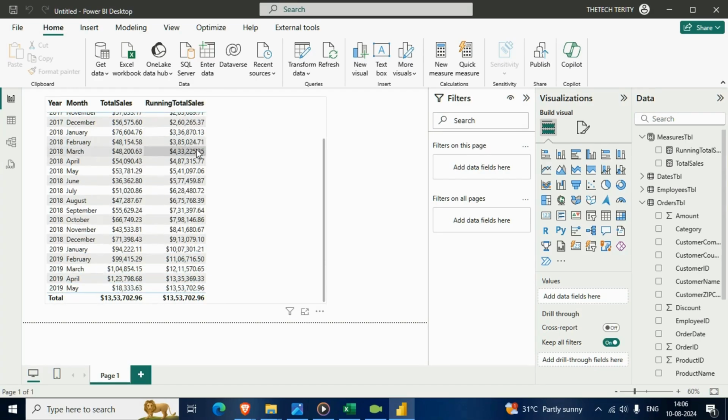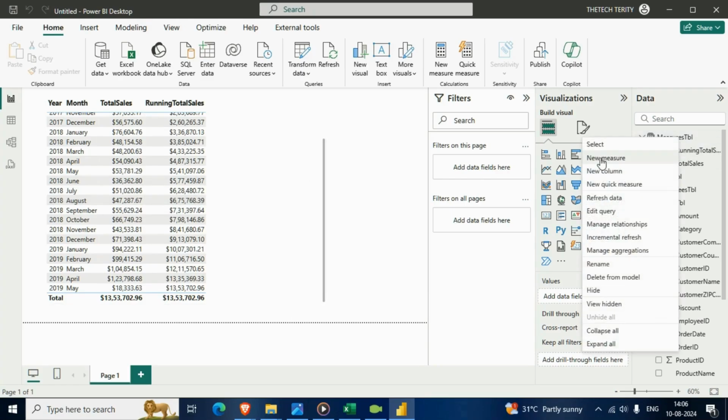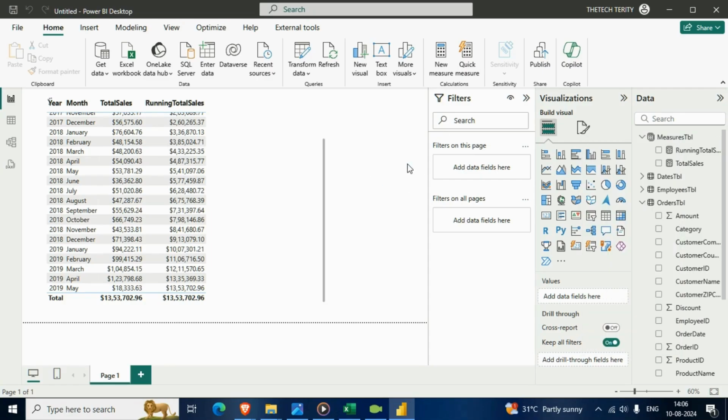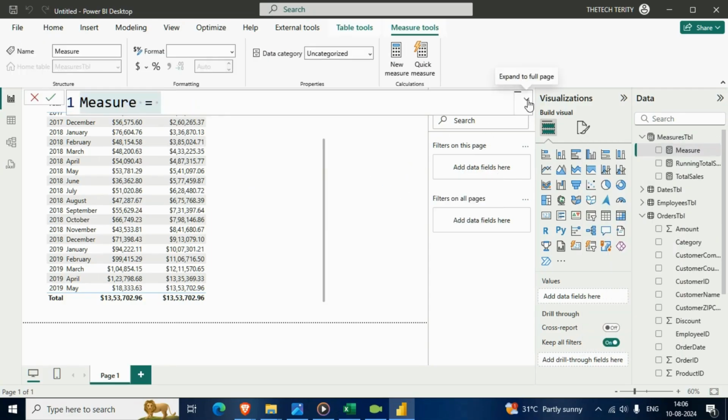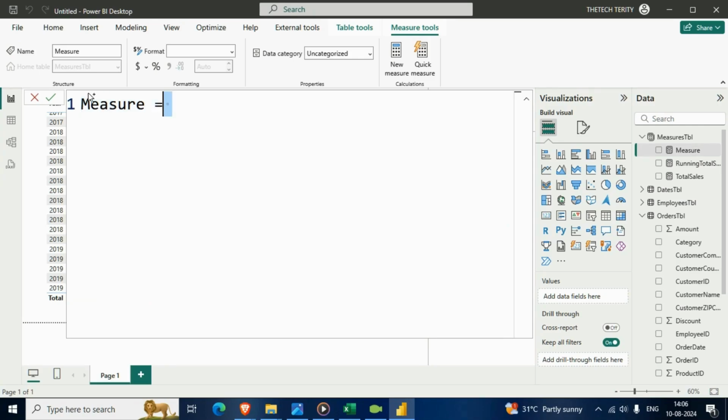But we already did the calculation of running total sales in the previous videos. So what I want is to calculate the running total sales for specific periods, and for the quarters also. Let me show you how we can do this. So I'll right click again, I'll create another measure, and here I'll say this is my